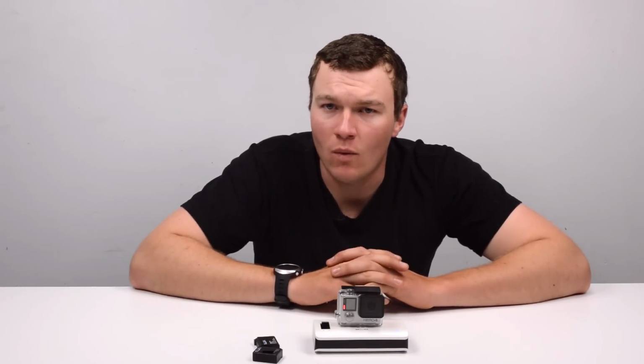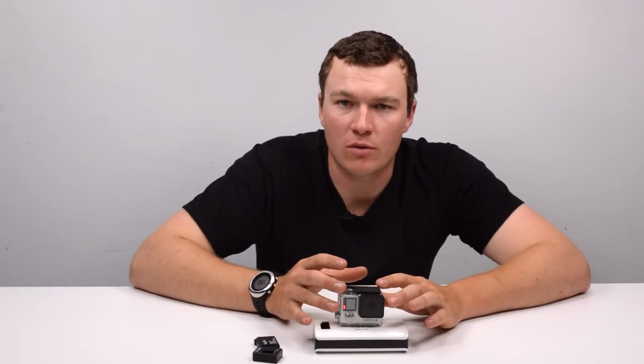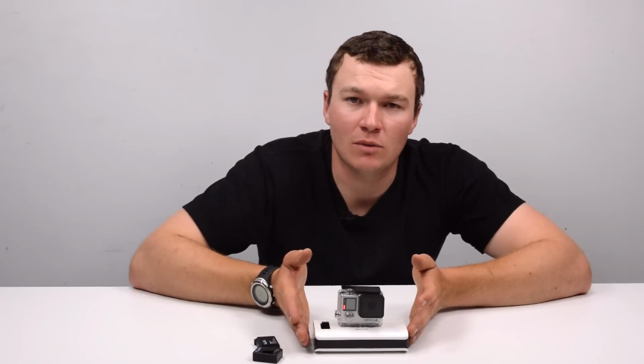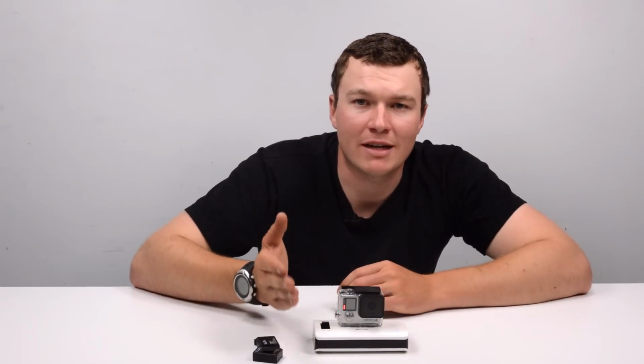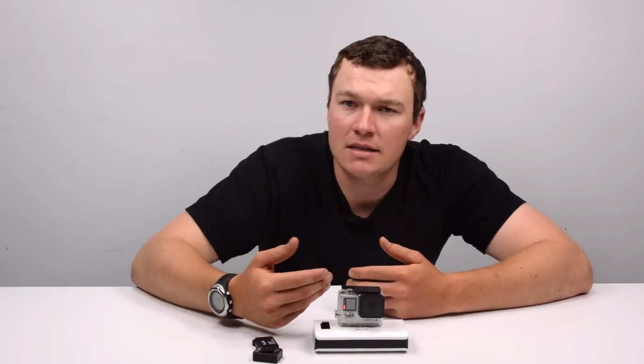And that's about where it kind of ends for me. In terms of practicality, it's great. You never have to remove your GoPro from the waterproof housing, but because the power bank's not waterproof, it doesn't really mean you're gonna be able to charge in extreme conditions. You're still gonna be using this inside, where whether or not your GoPro's in the case, it's not a huge